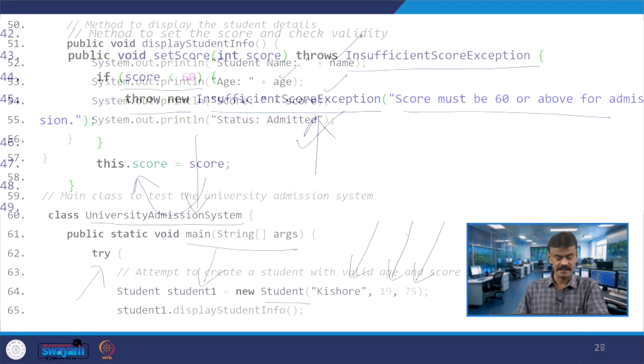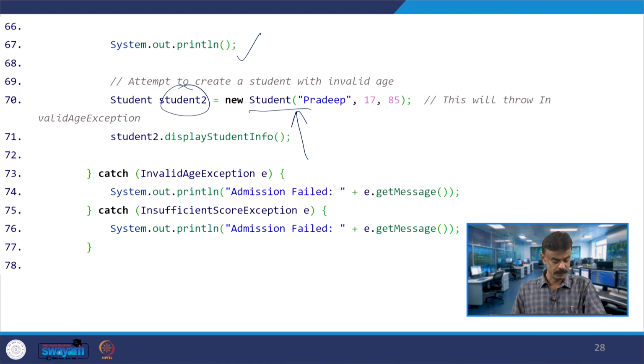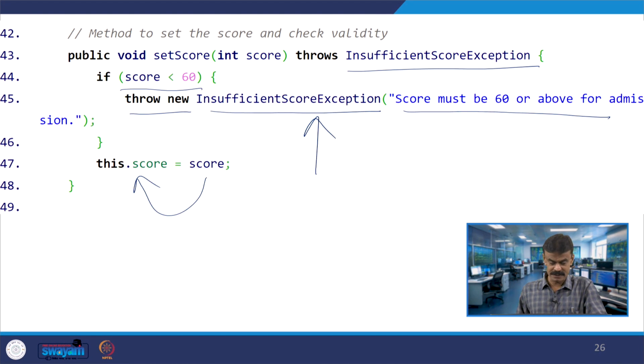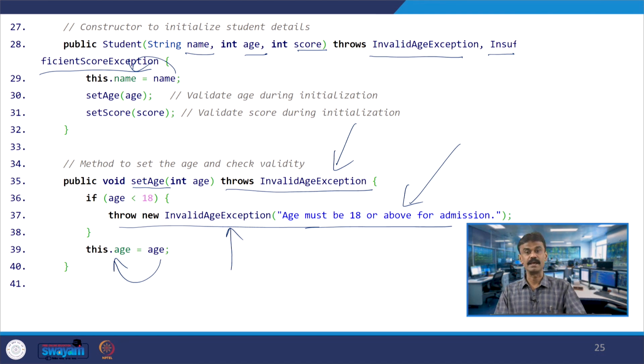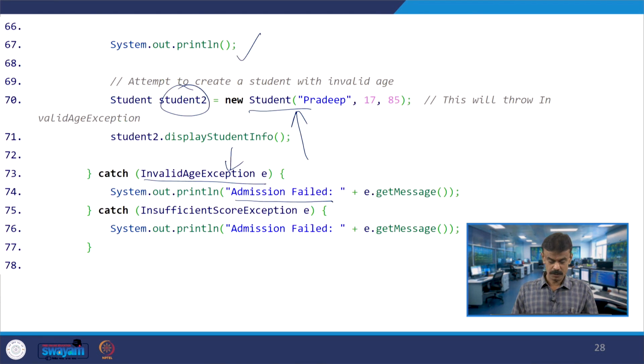When it is throwing the exception, where will it be caught? The InvalidAgeException is being caught. So you are getting the information 'Admission failed', and what you are getting from e.getMessage is 'Age must be 18 or above for admission'. Then there is another catch.